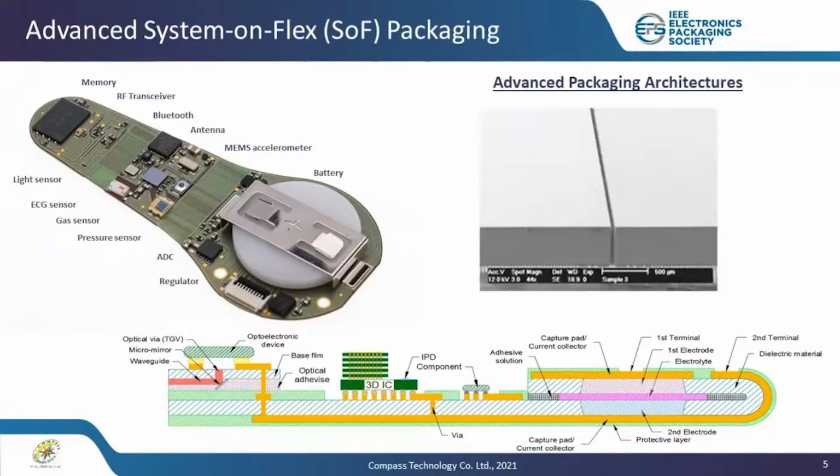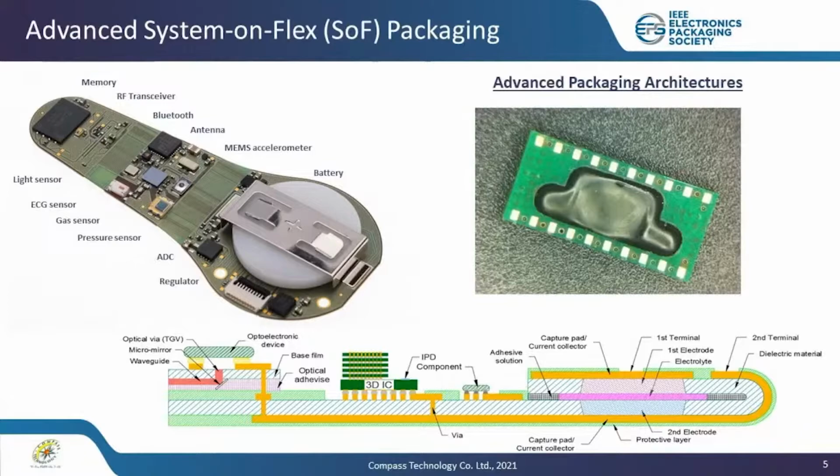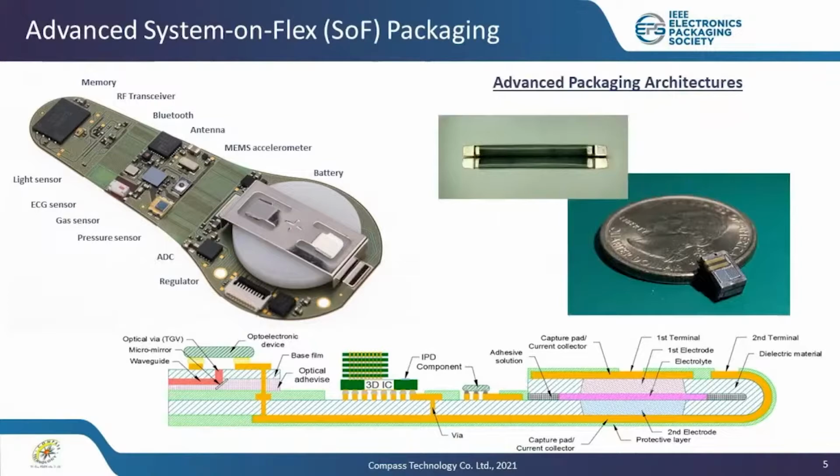For example, we can pack multiple ICs and components on both sides of the high-density flex circuit using high-precision assembly bonding techniques, and have them glob top, underfill, or molding encapsulation. The package-on-package can be achieved by multiple reflow or epoxy bond using low-temperature interconnect techniques.